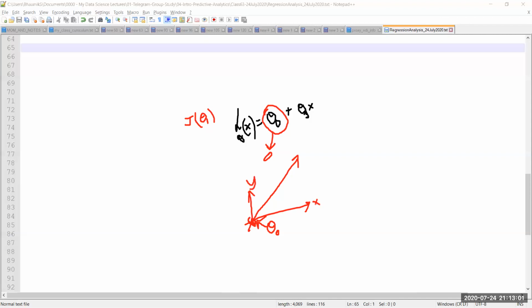It resonates with the use case that we are taking as well. So x being the size in square feet, and y being the rent. If there is no flat or no apartment, then the size is equal to 0. Obviously, the cost will be equal to 0. So the intercept in this case will be equal to 0. So there will be practical cases where the intercept is going to start from 0.